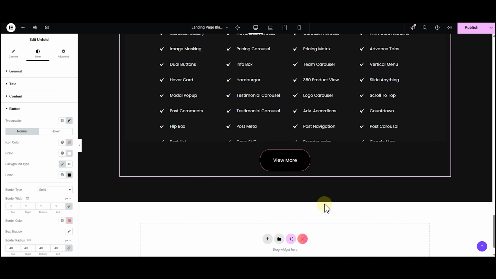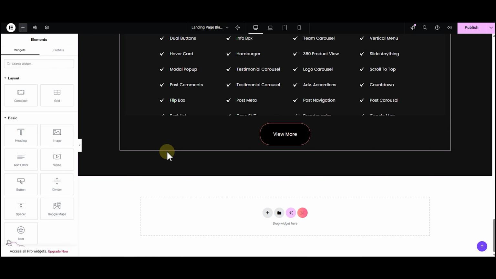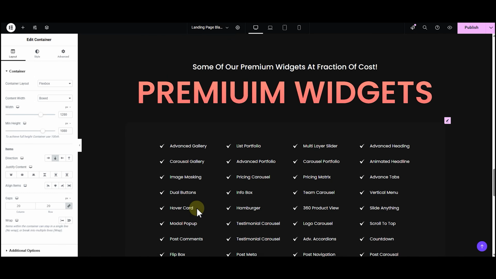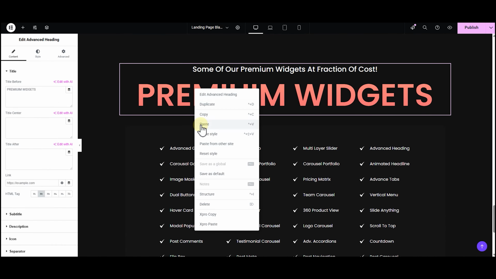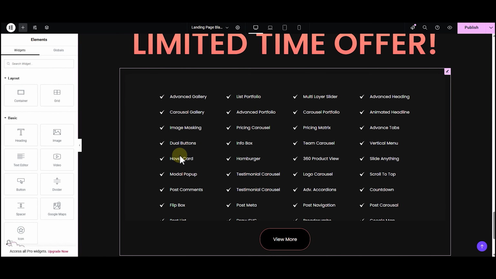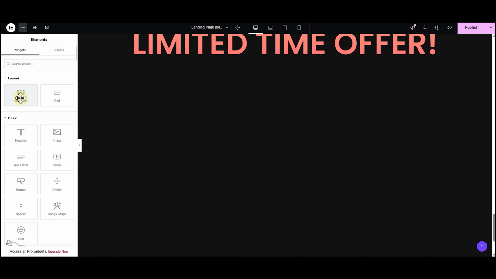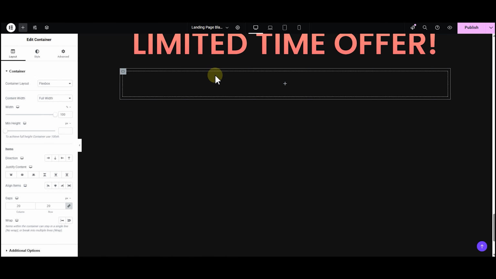Next, the why choose us section. Copying this entire section and pasting it below, updating the heading, adding another container with row direction since I want the elements in a horizontal line.